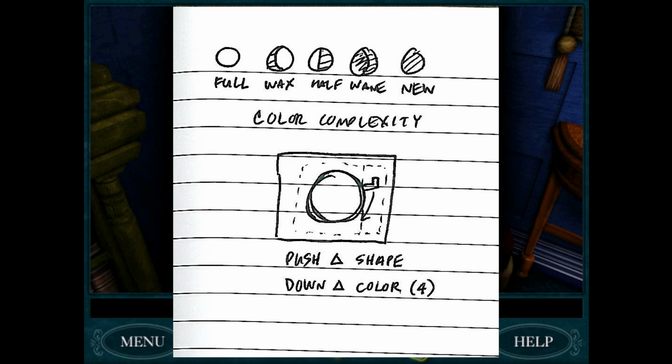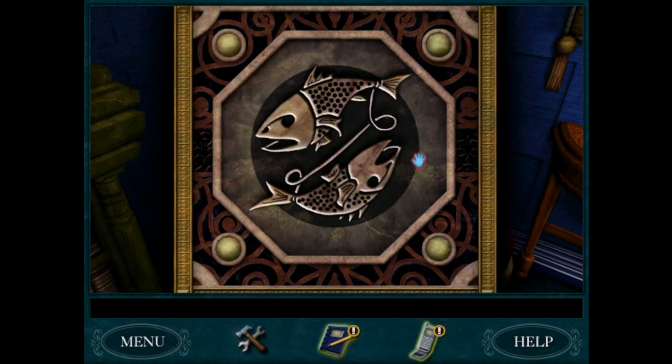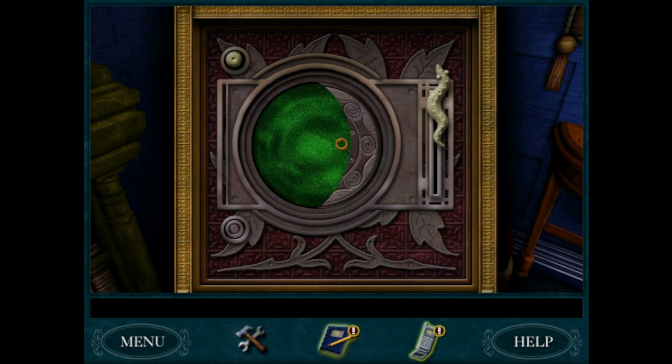So I'll put the image up on screen so that people can actually see, because we can't see Robert's webcam. But yeah, it's a great little sketch. So then we got this one three quarters right, so this needs to be